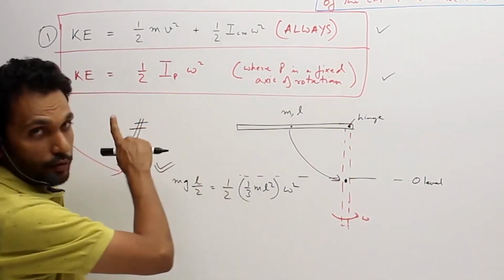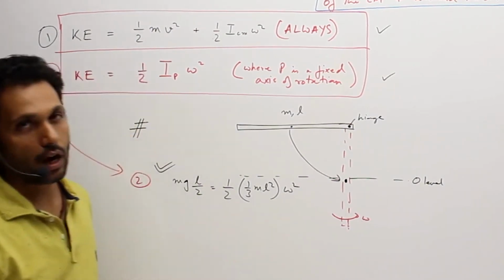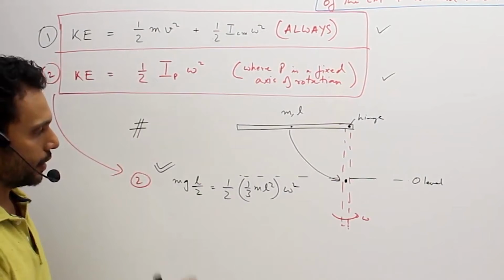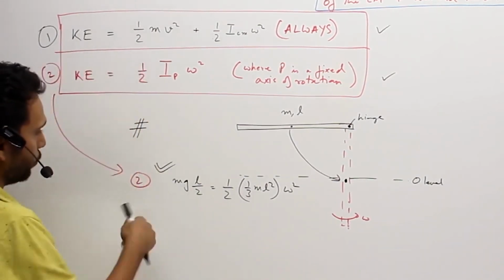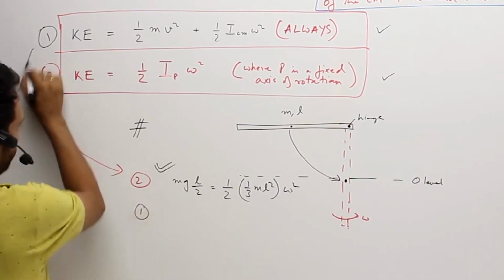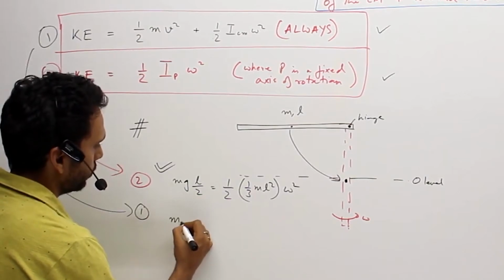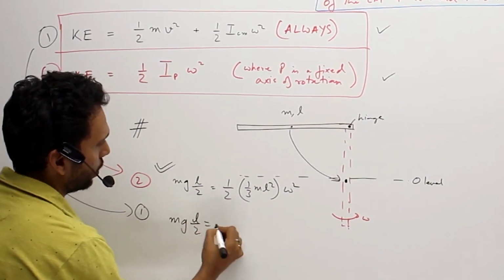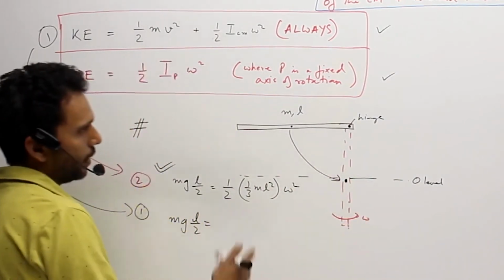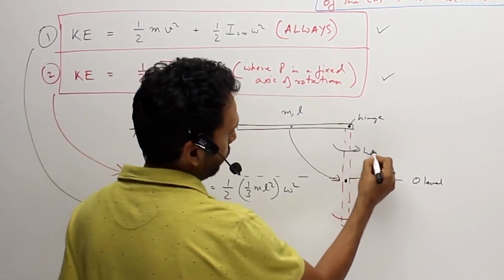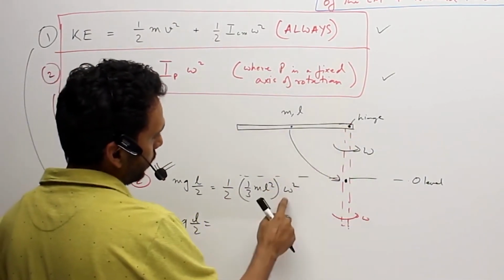Now if I apply the first formula, let's see how it works. I'll give you a minute to write the formula yourself, or half a minute say, and then you can check out how it is written. So pause the video. Okay, so going by the first formula, that's how I'm going to apply it. What does it say? First, the loss of potential energy is gained in kinetic energy. What is the kinetic energy of the body? The kinetic energy of the body, you said it is going by omega. So you said it is half I about the point of rotation into omega square.